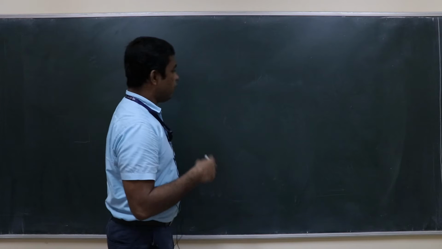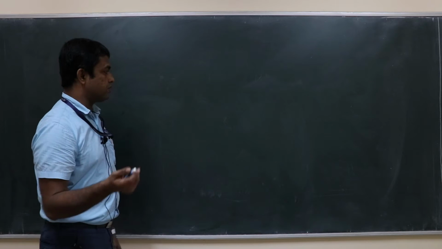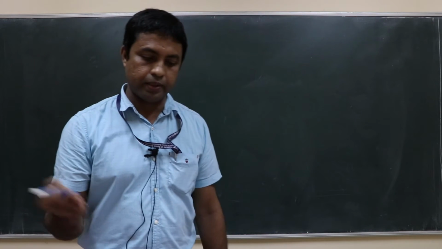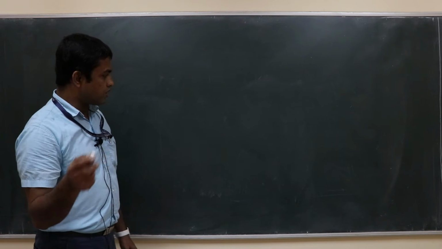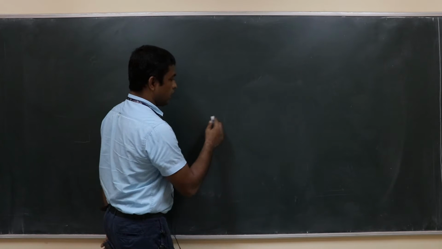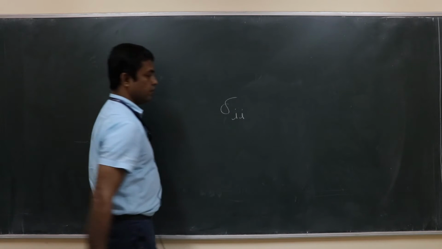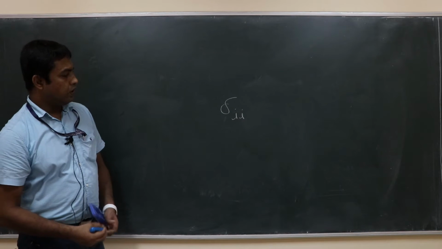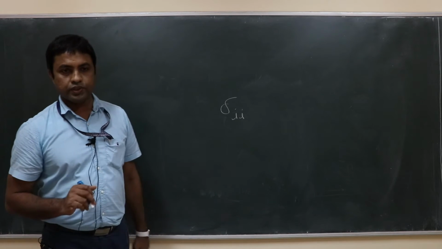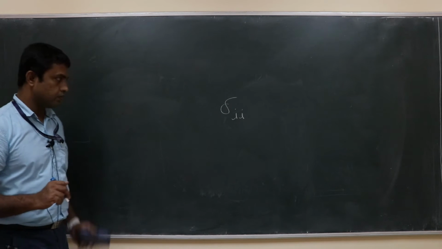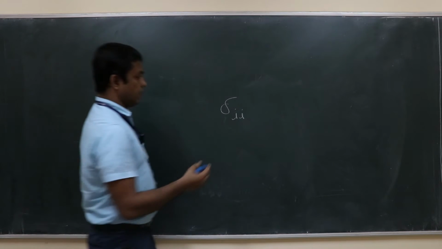So your question was why we want to use summation convention, right? When an index repeats twice, that means there is a summation over it. To understand that, let us just look at one problem. I write delta ii. Suppose I am looking at 3 dimensions. What is the value of this? It is 3.